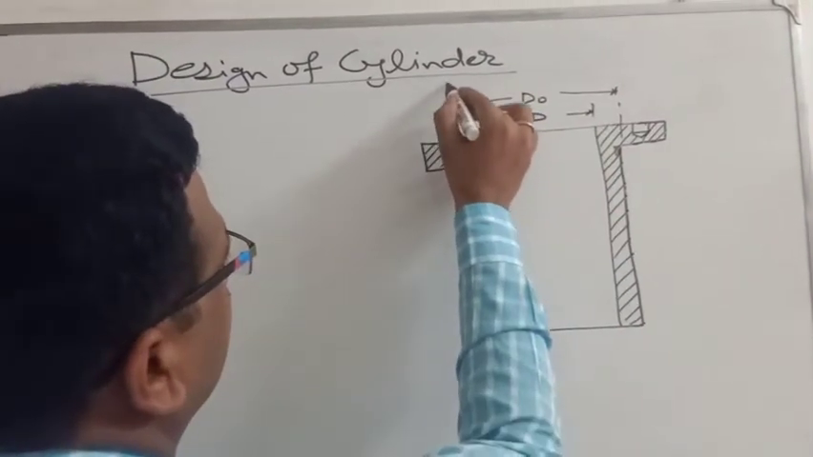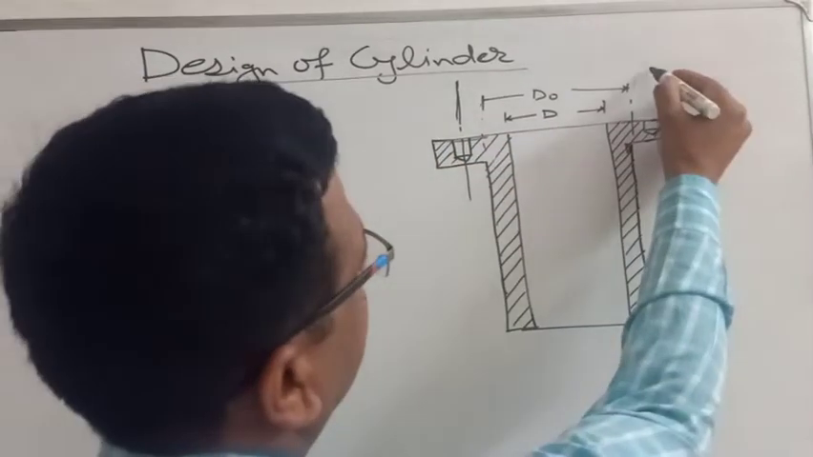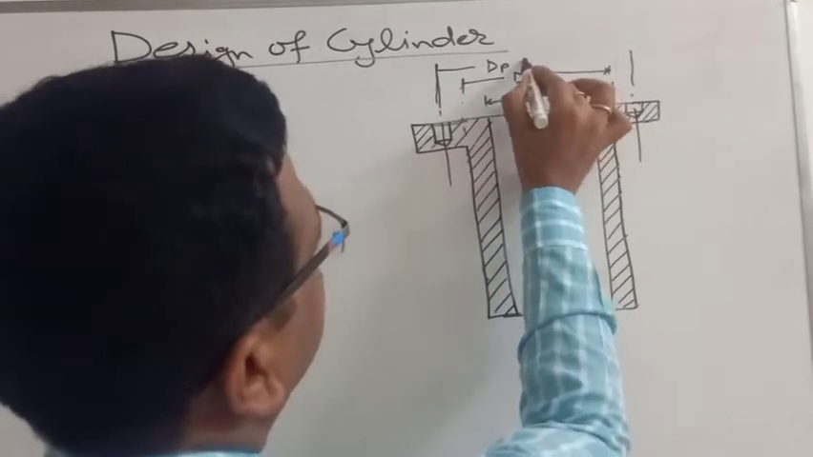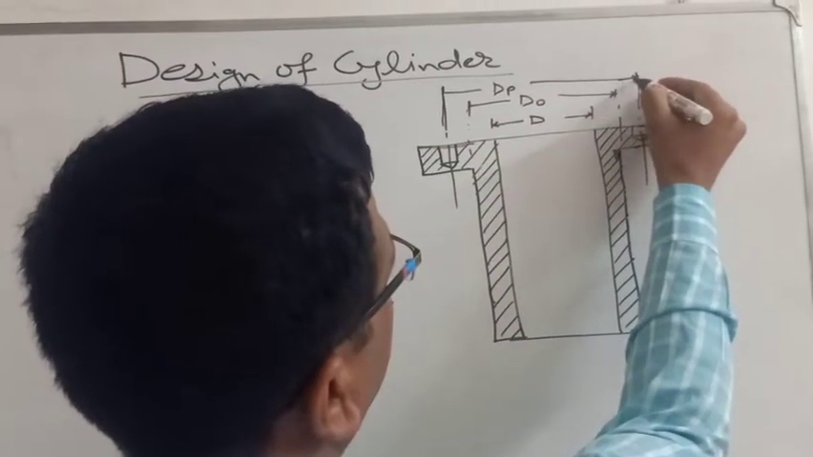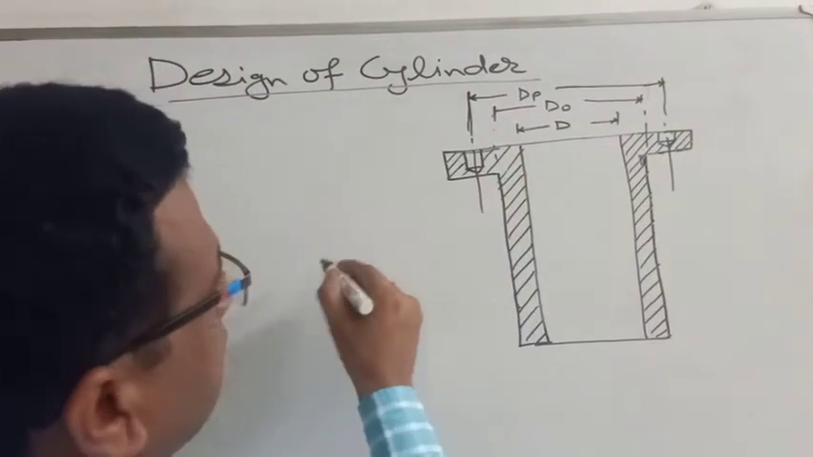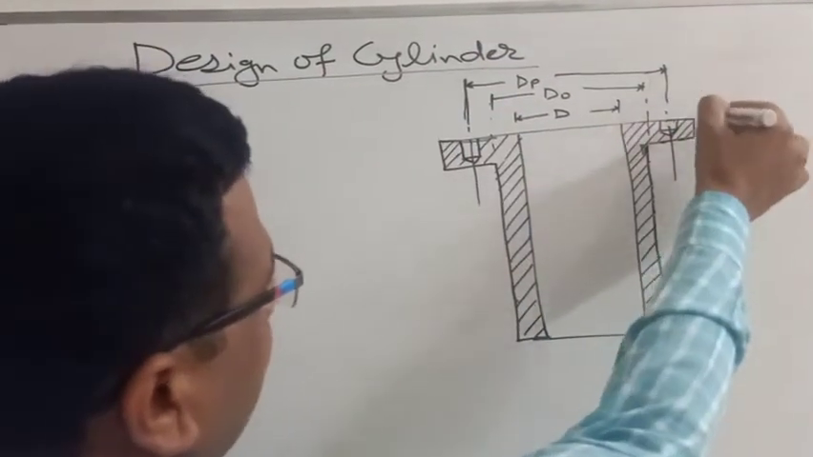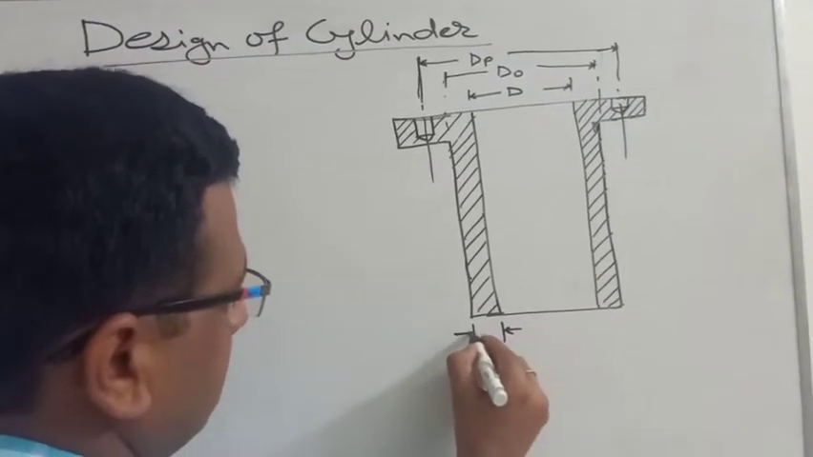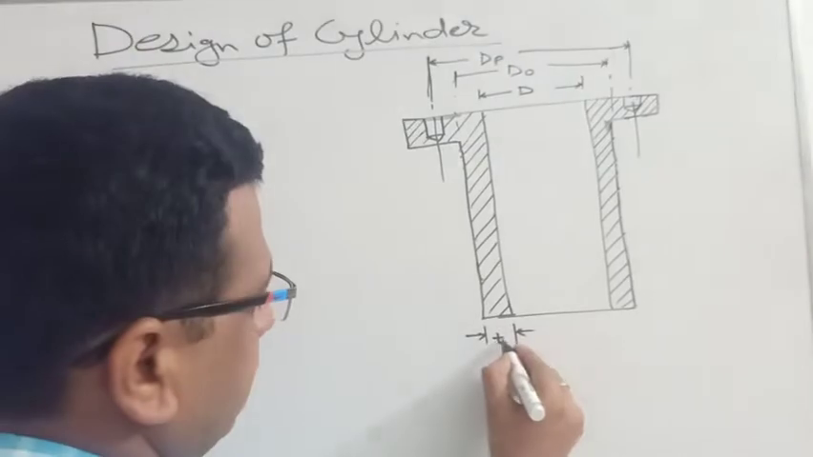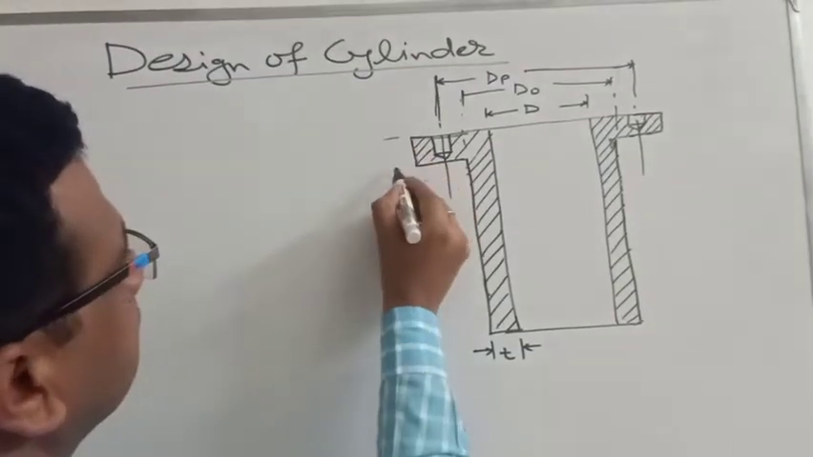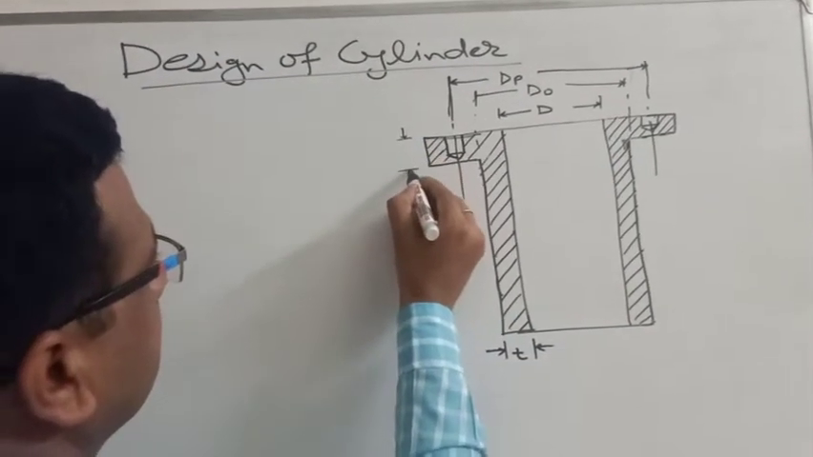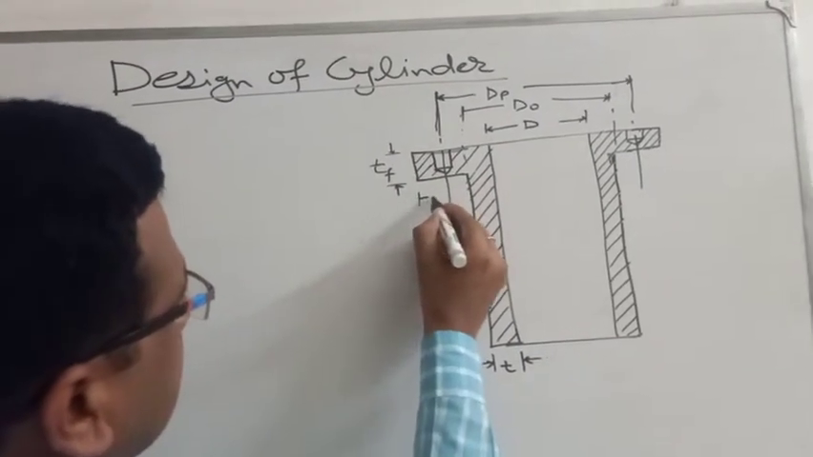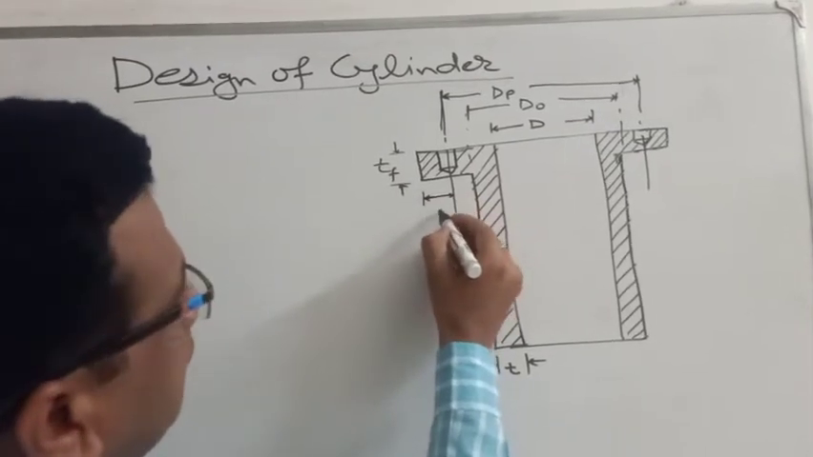and this diameter is the pitch circle diameter, PCD, for the threaded portions, and this is the total outer diameter of the flange. This thickness is known as the thickness of the cylindrical walls. This thickness is known as the thickness of the flange, and this distance, let us suppose, is